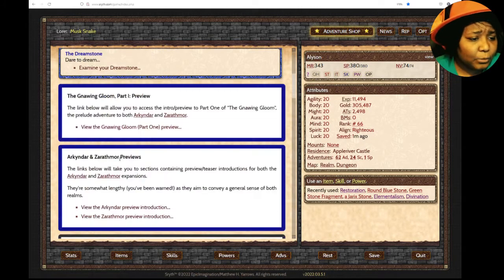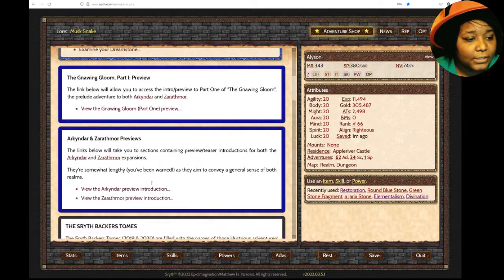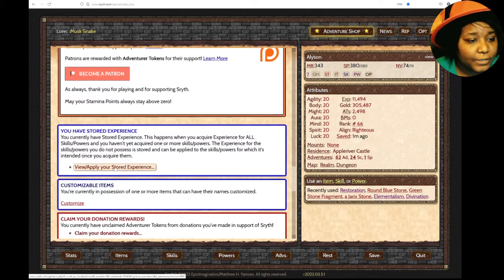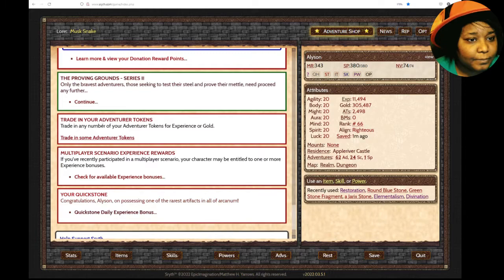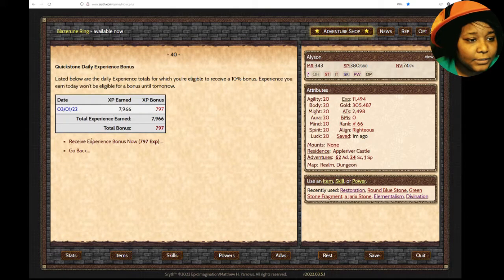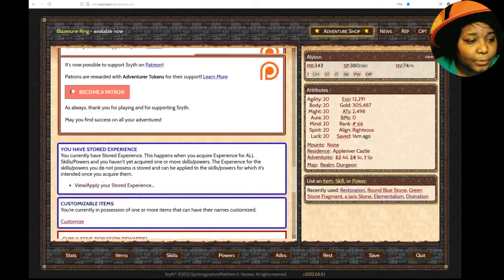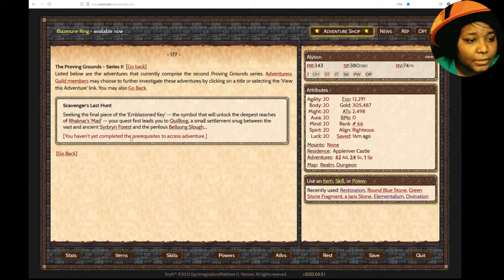So yeah, just hit the windowless building here. We can buy special bonus packs and stuff. I've gotten quite a few over the years, not all at once. Look, there's a Proving Grounds too. We gotta check that out. But I'm getting my experience bonus first. Let's check out what Proving Grounds 2 says. I'm obviously not gonna go into it until I'm...